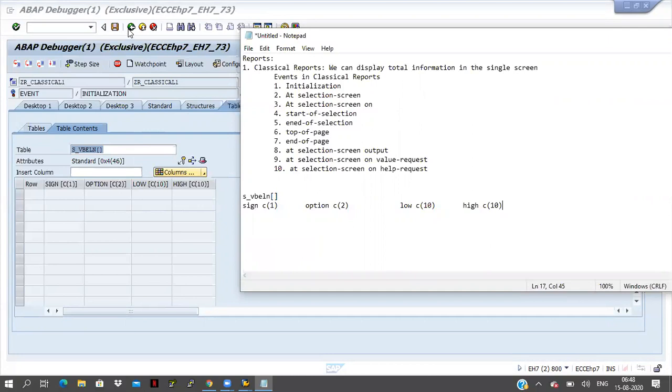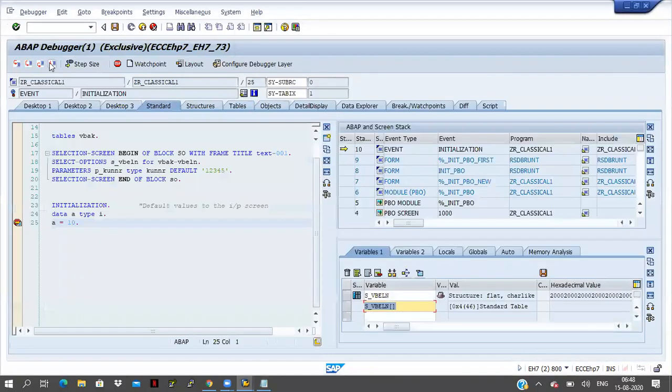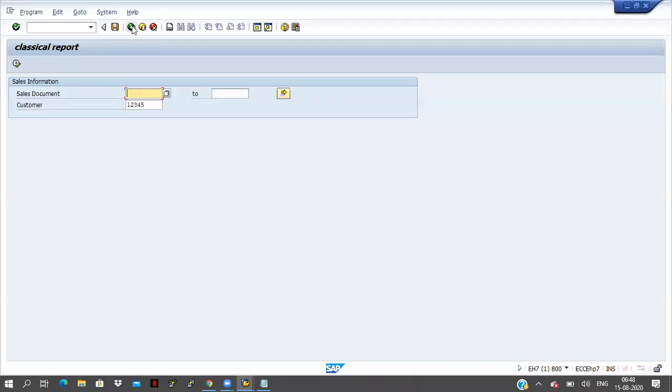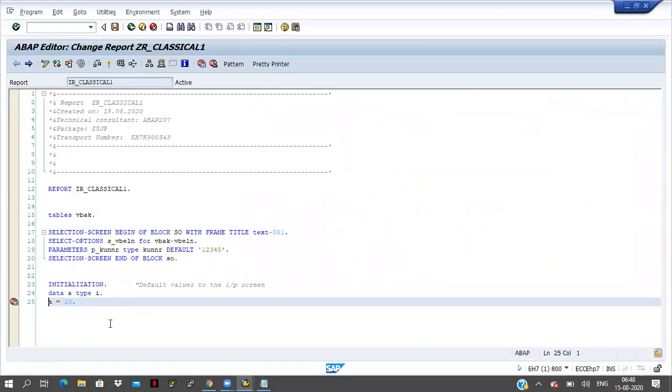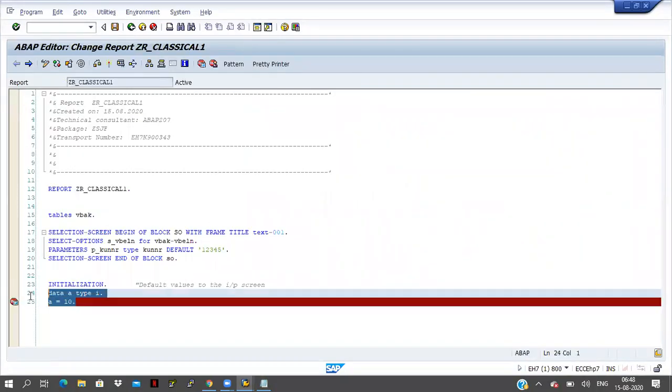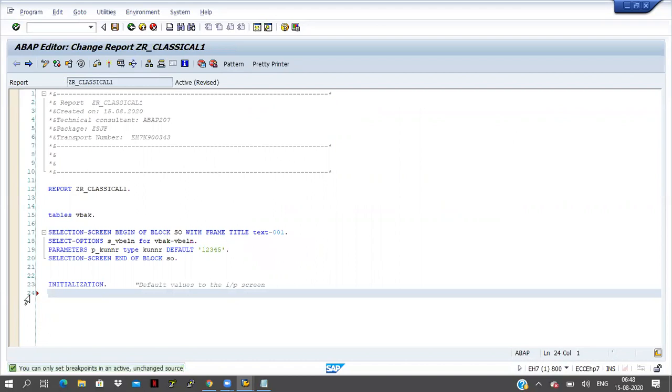Fine. Now by default one internal table is created in the back end, right? Now I will fill that internal table. How can I fill that one? S_VBELN-sign equal, manually I am filling this one.